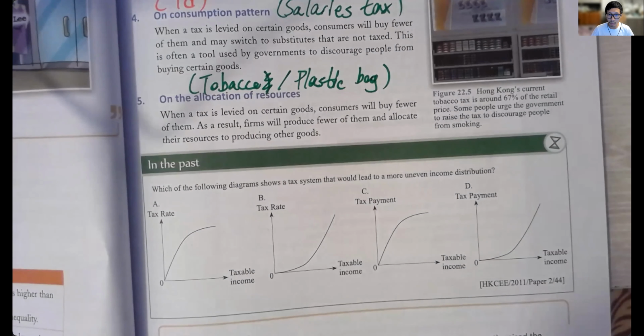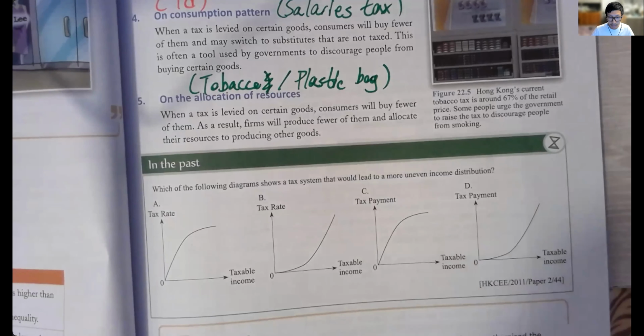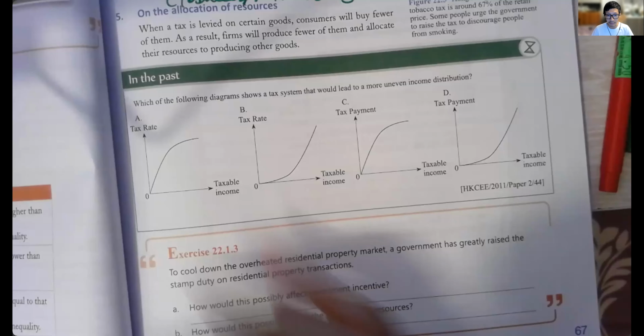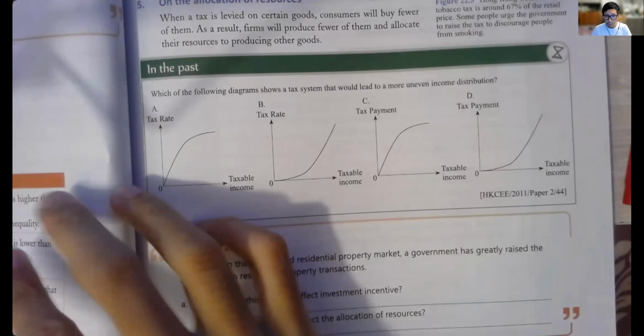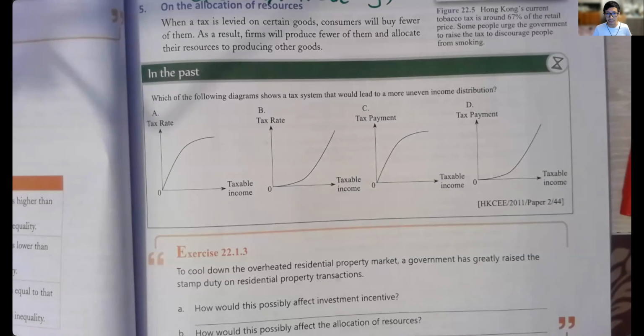So let's also in this video go to the past paper examples, okay? Let's go to the past paper examples, okay? Now here we have one. 原來有一條喎 okay? Now here, my suggestion, okay? You pause the video for 1 to 2 minutes before you look at the answer, okay? So 3, 2, 1, pause.